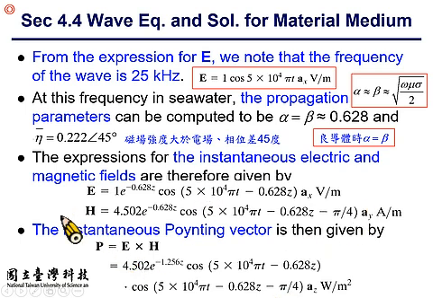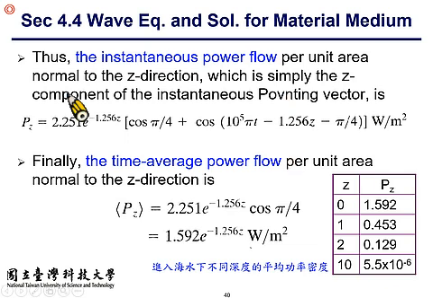And the cross product of the two shows you the instantaneous Poynting vector, like this. And this can be regarded as the product of cosine alpha times cosine beta. The product of two cosine functions can be simplified as 1 over 2 times cosine of alpha plus beta minus cosine of alpha minus beta. So using this trigonometric relationship, you can find that the instantaneous Poynting vector can be rewritten as this, which has two terms in the middle parenthesis. One is cosine pi over 4 and a cosine like this. And if you take the time average,